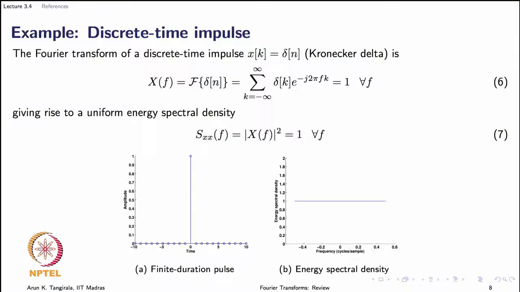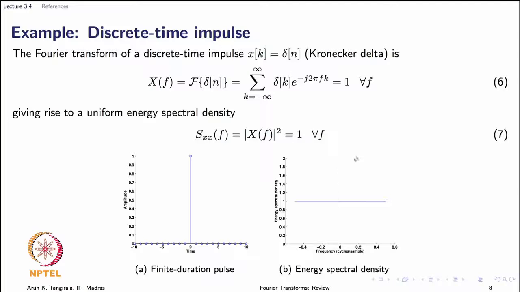So, let us walk through a couple of examples to understand how this discrete time Fourier transform works and get a better feel of it. So, here we take a very simple example, which is the discrete time impulse, which is also known as a Kronecker delta. Now, unlike the continuous time impulse, this Kronecker delta is physically realizable,